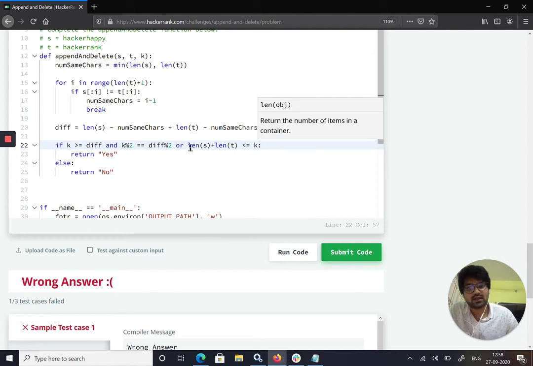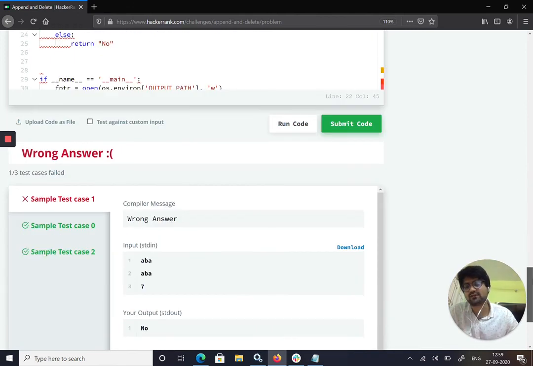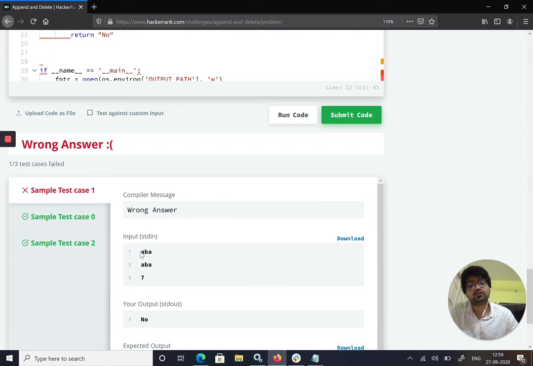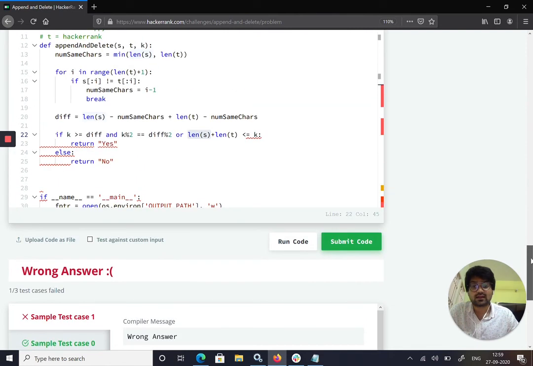That's because in the ABA case both are the same, and we should delete all 3 and add all 3. So the number of operations should be length of s plus length of t. K should be higher, that is, the number of operations should be higher.